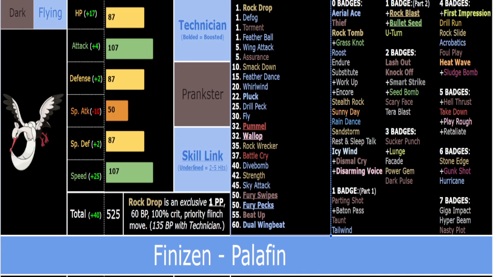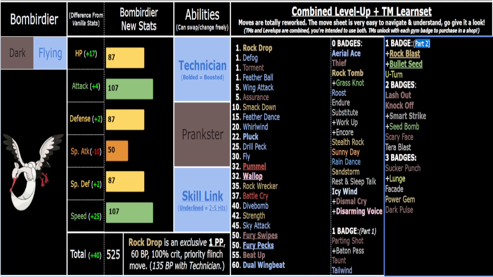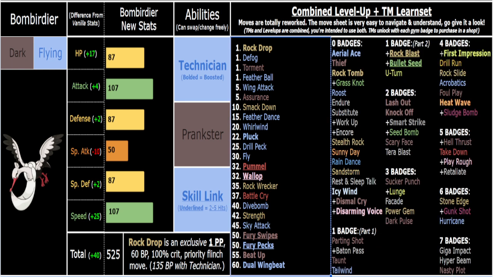Okay, and I gotta italicize that too. But yeah, that's really it, honestly. Wing Beat is 135 base power with Technician and reliable, 2-hit, 100% accurate, so that's very strong, which is why it's level 60. Although, again, that's still legal for